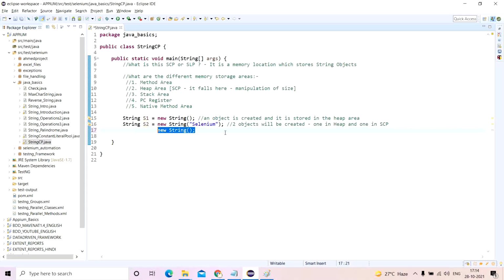So now the question comes, an interview question, though I don't know whether somebody will ask you this: will the garbage collector also work for objects inside the SCP area? The answer is no. Why?